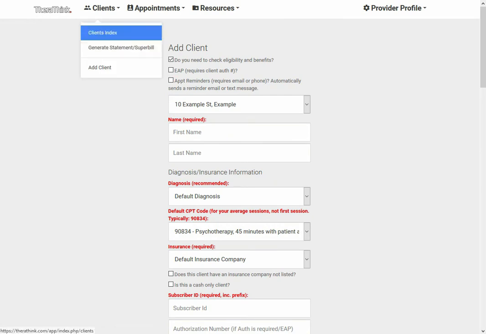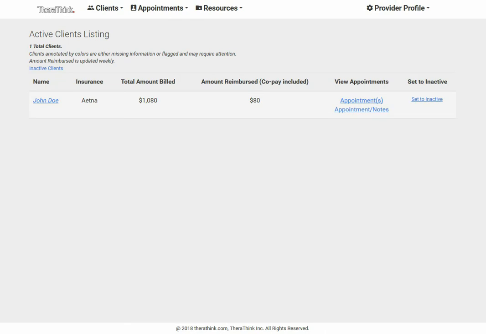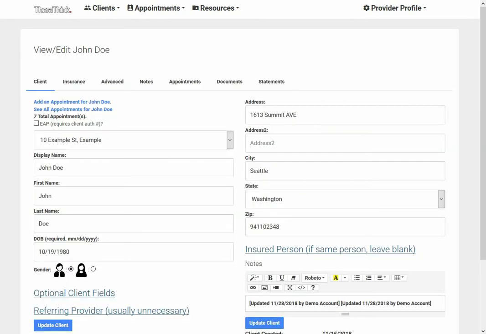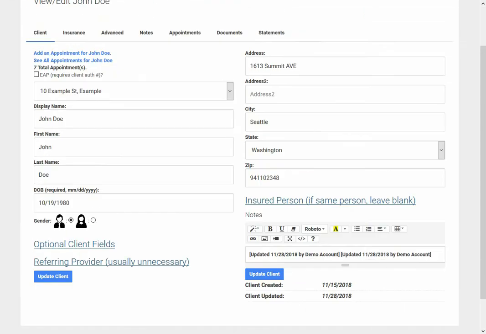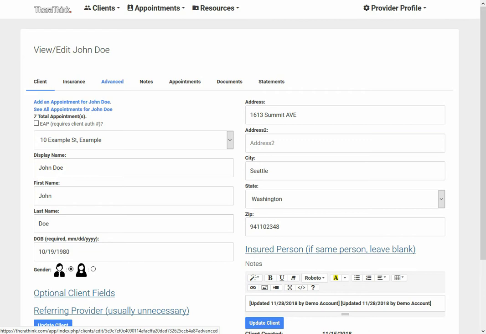Let's go ahead and click on the Clients Index. Go ahead and click on Clients at the top, and then just Clients Index. And you'll notice here just our typical John Doe. So we can go ahead and click on the client's profile here, and you'll be able to see this individual's profile. All of this is made up information, of course, don't worry about that, but this is the View Edit